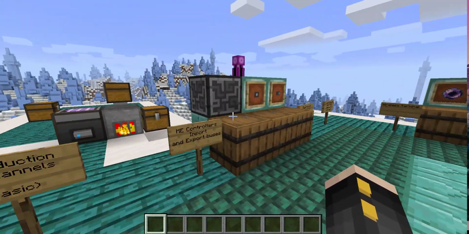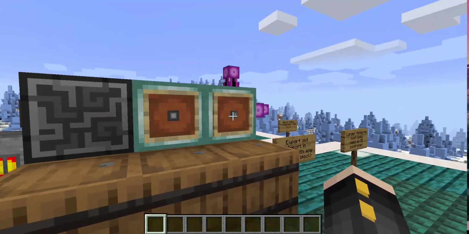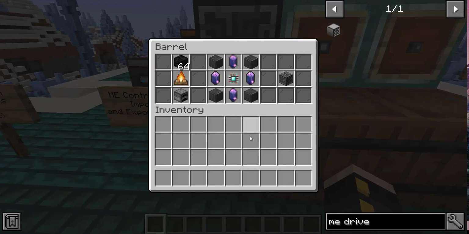And there's a good way to get around this, and that is where the ME controller comes in. Of course, the things I just showed you, import and export buses. So, this is the ME controller right here. It's not powered, but how you're going to make it is 4 pure Fluix crystals. You'll remember in the previous episode how you can grow those to be bigger. So you'll need the pure crystals, an engineering processor, and skystone blocks, which is just created, as I sort of put here, by smelting skystone, which is from those meteors we went over in the previous episode. So if you smelt skystone, you get skystone blocks, and put those on the corners, pure Fluix, and you get